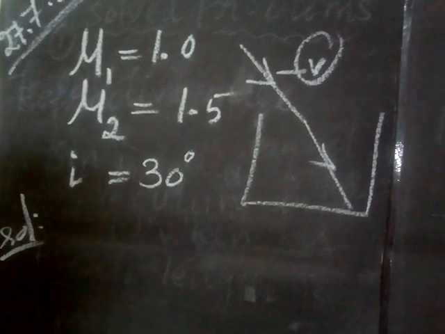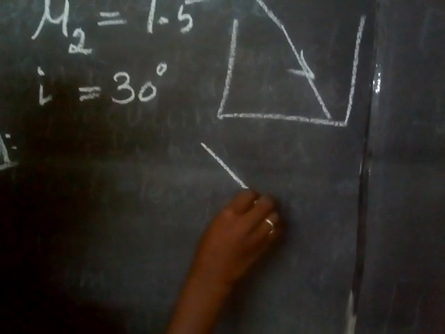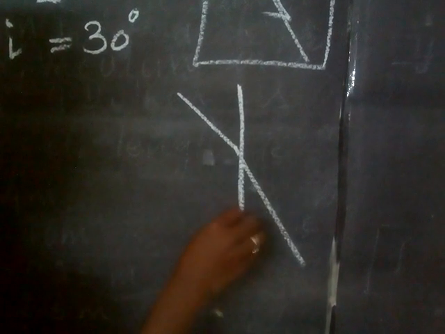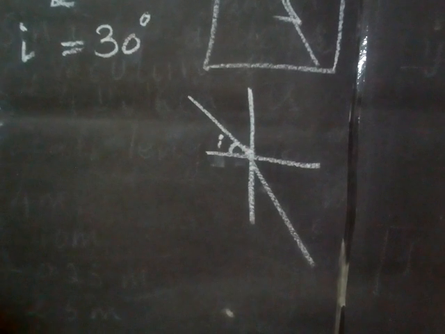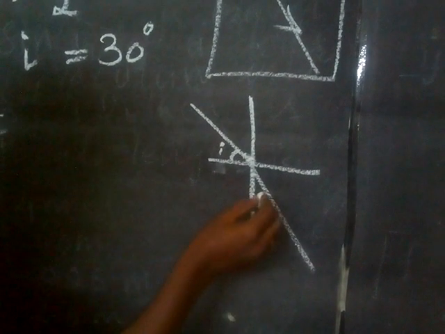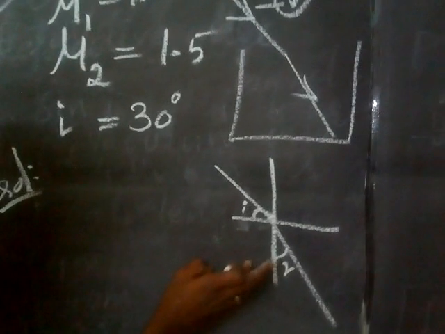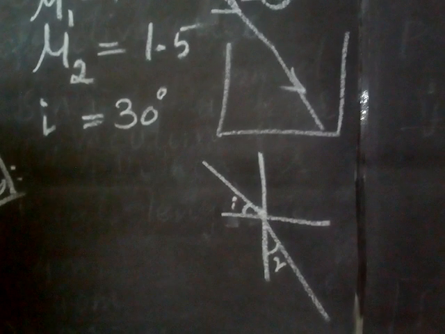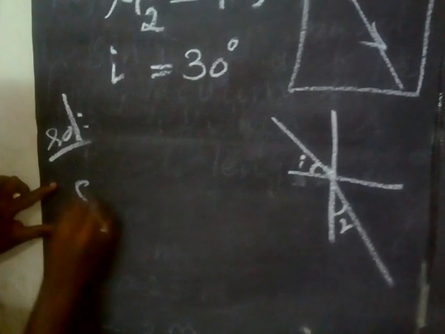Already we studied the law of refraction. There are two laws. One is that the incident light, the refracted light and the normal all meet at the same point, that is the first law. Here you can mark one angle, that is the angle of incident light, and this is our angle of refracted light. In the question they are asking for the angle of refraction's value. Then the second law is according to Snell's law.